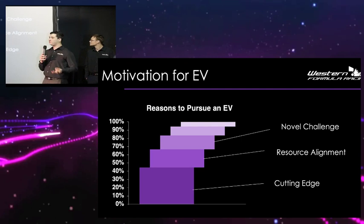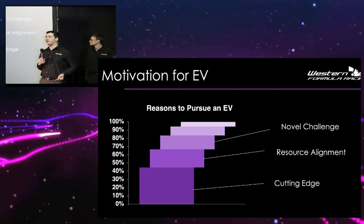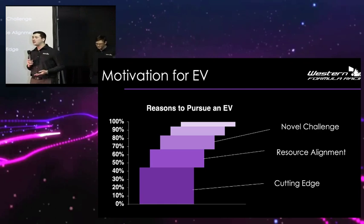So the first thing we wanted to look at was, why do people want to go EV? As engineers, we decided to poll the team and get some data, because that's the only way to do it. And we found that almost half of the team wanted it purely for the sake of being on the cutting edge. As a team, we believe that electric is the future of mobility, and we wanted to make sure that our grads get a seat at the table and can pursue the absolute bleeding edge of technology and make